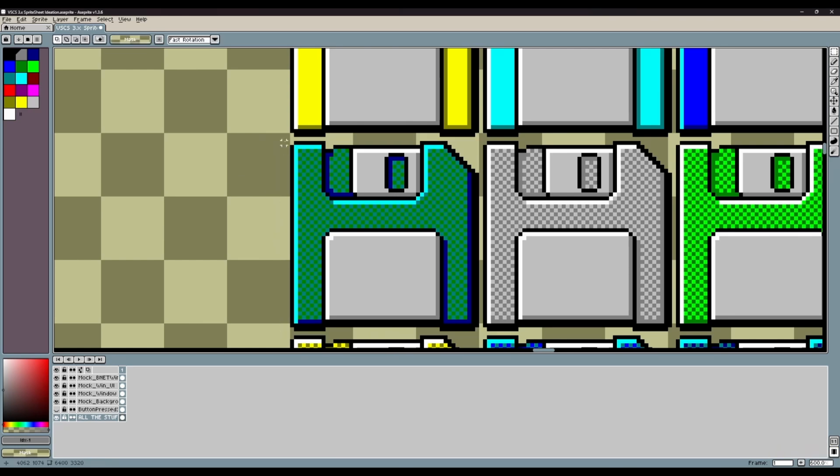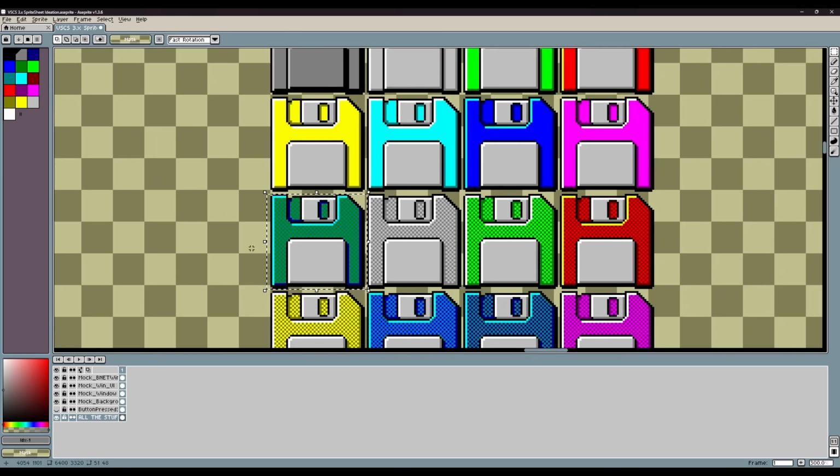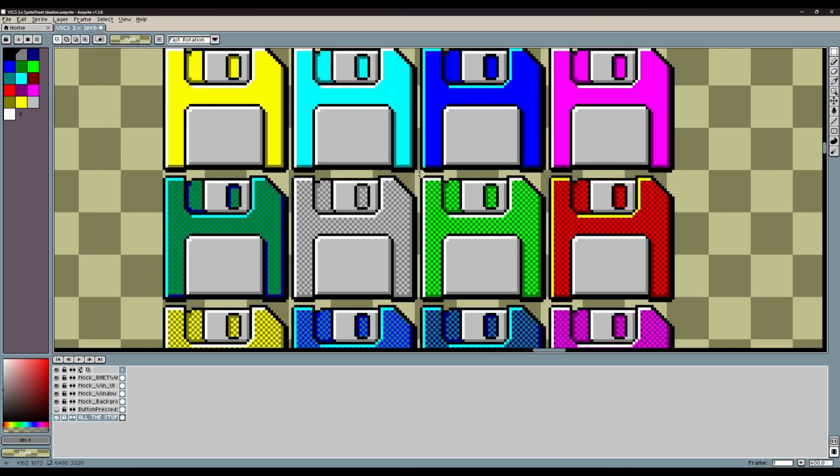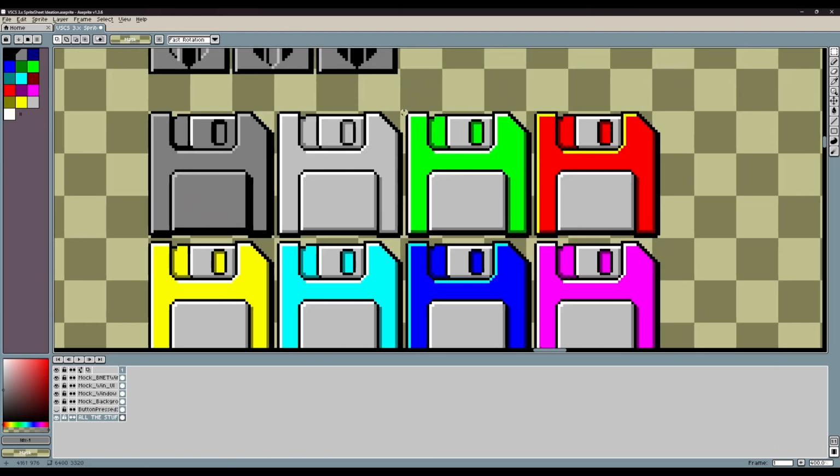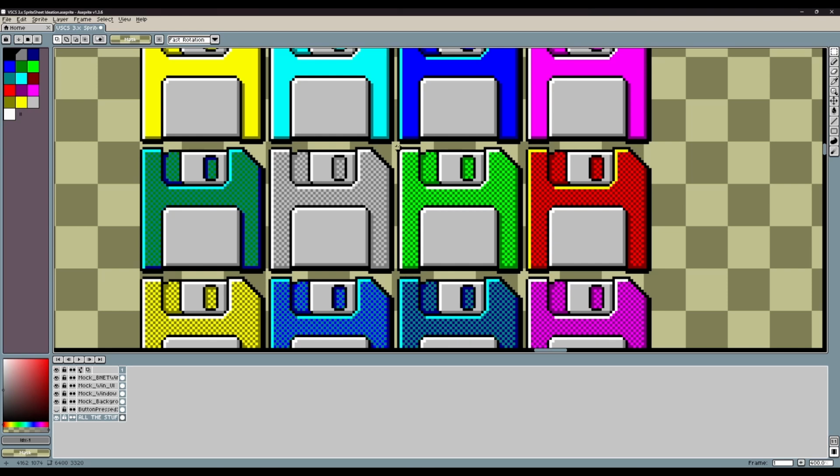So maybe the save icon isn't the same color as the windows. Maybe it's this really bright green, you know? And this green up here looks really, really flat. So maybe we'll just do a textured green. And maybe green is the neutral color in the game. Green is when you haven't chosen a faction.